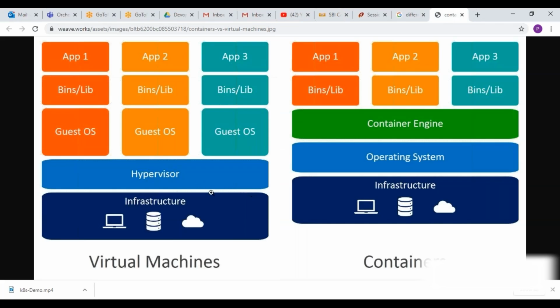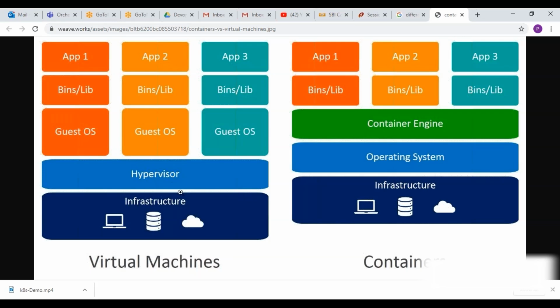If you see, this is the difference. If this is the virtual machine, this is the hypervisor. It can be anything: Hyper-V of Microsoft, or VMware company's ESXi software hypervisor. A lot of hypervisors are there. For example, on the AIX operating system there is a hypervisor called VIO, and in Linux we have a hypervisor called KVM. The famous ones are VMware and Hyper-V. I think most of you know about VMware, so you can take VMware as the example here.